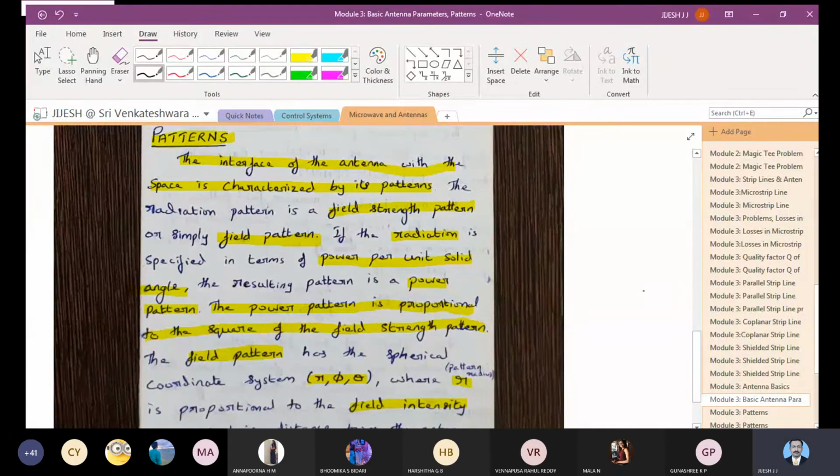These things you can just write down. If you are going with respect to field strength, you call it a field pattern, and if you are going with respect to power per unit solid angle,